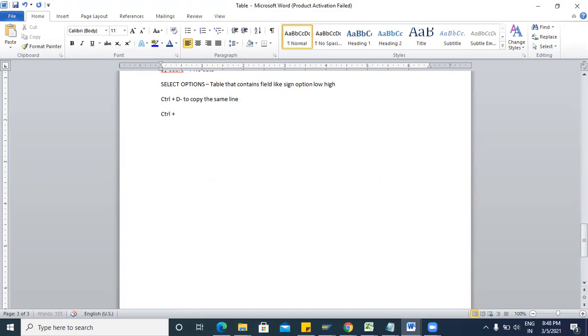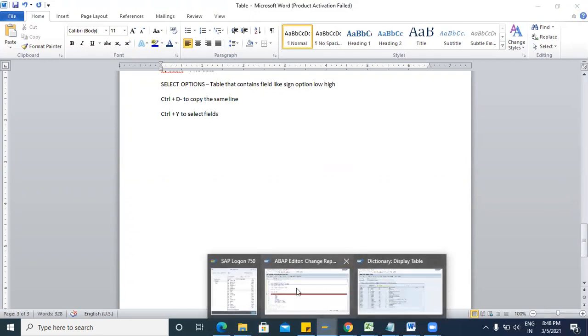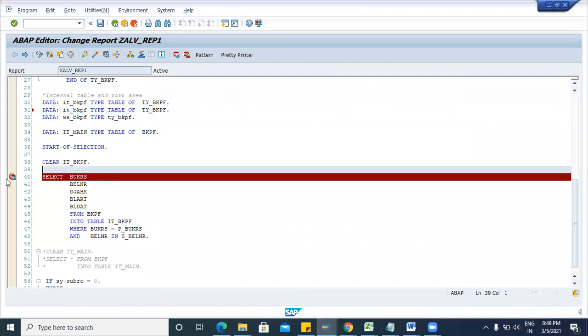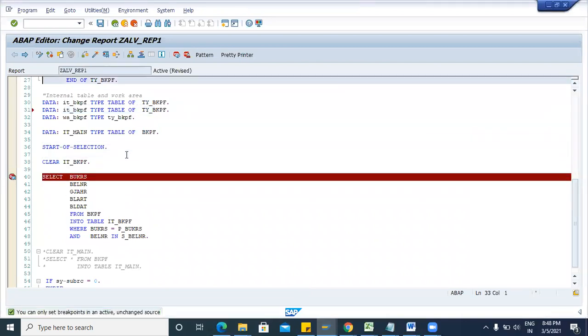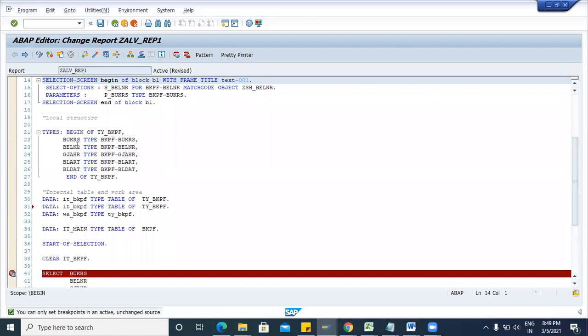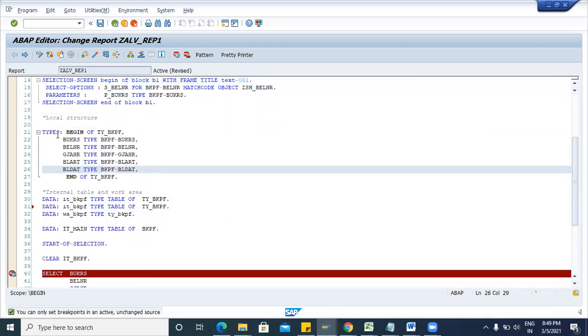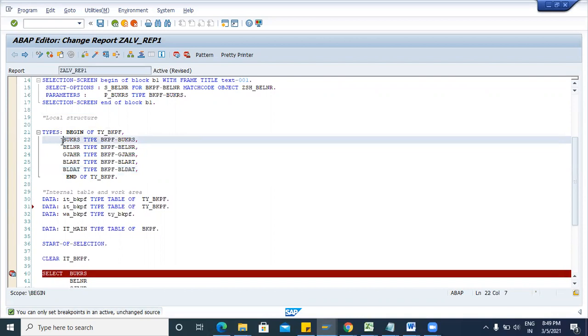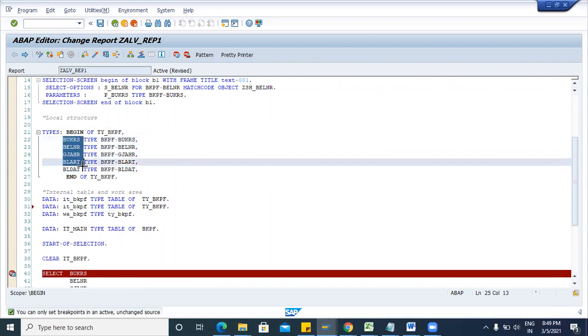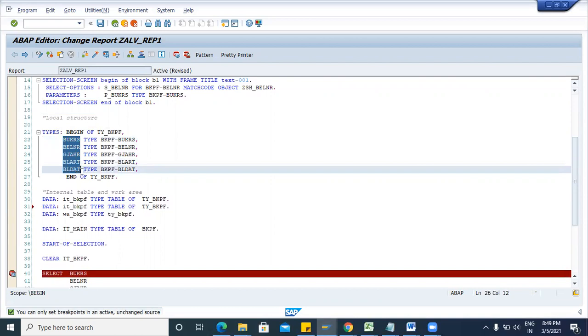Control Y to select some fields. And in the report, suppose if you want to use select, then it will fetch this. But if you put your cursor here, then alt and select, so you can select this.